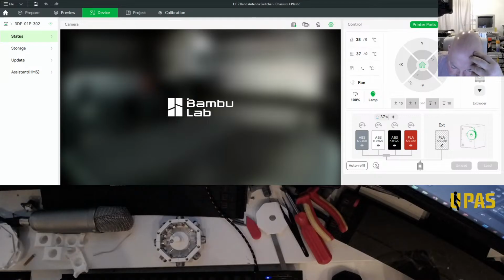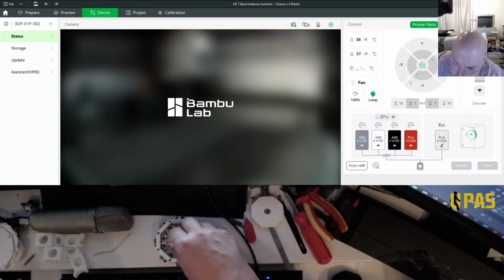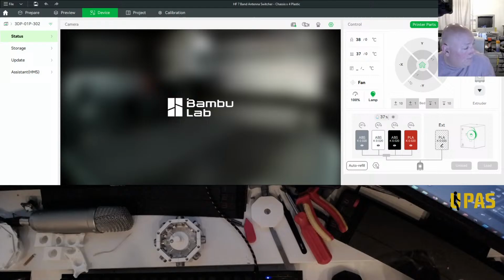Now do I put a drop of oil? Maybe. Shall I put a drop of oil? Yeah, go on. Right, all I've got is PTFE, white PTFE, and I've got a straw and a quick splash of this. It's bicycle stuff really.